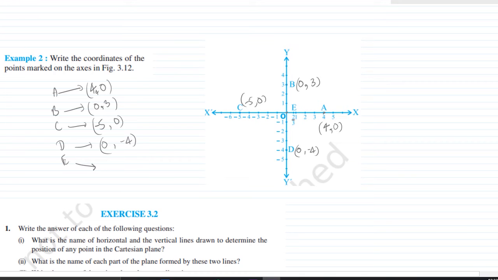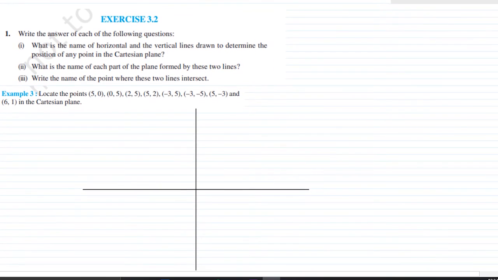In this type of questions, you should answer board-type. If the question is to write the coordinates of the points given in the graph, write A, B, C, D, E, put an arrow and say: (x, 0) is the coordinate of point A, and (0, 3) is the coordinates of point B, and (-5, 0) is the coordinates of the point C, and (0, -4) is the coordinates of D. You find out the rest, because I want to finish this fast and go for linear equations.